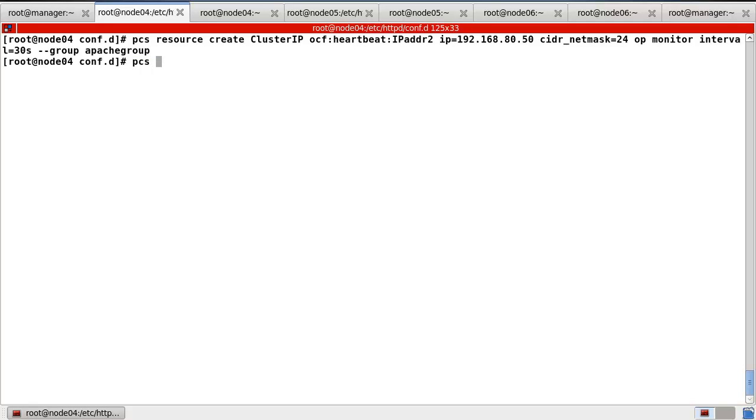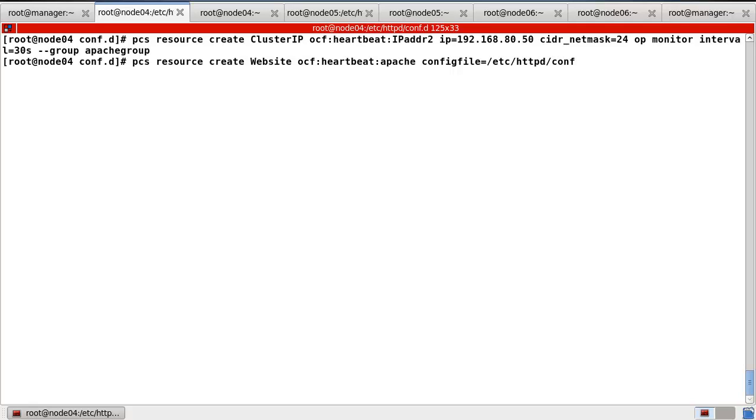Okay, so similar, pcs resource create, and this one is a website, and the standard ocf, and the provider also heartbeat and so Apache, and the config file